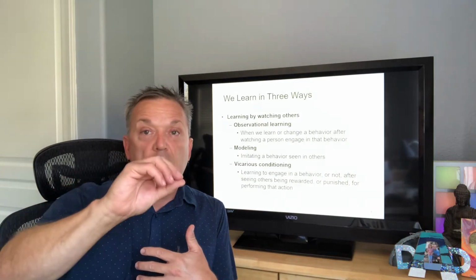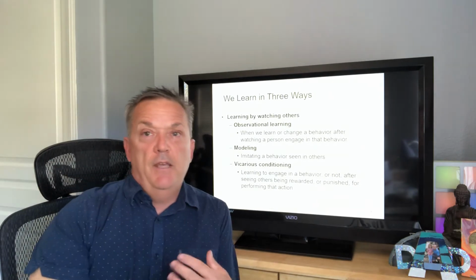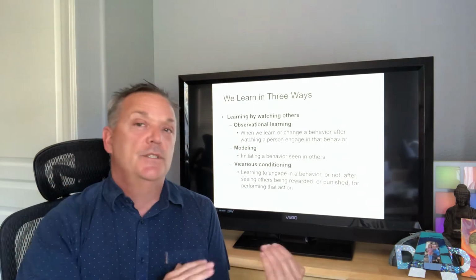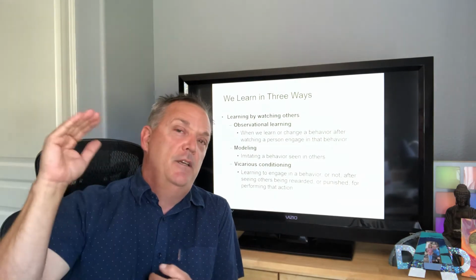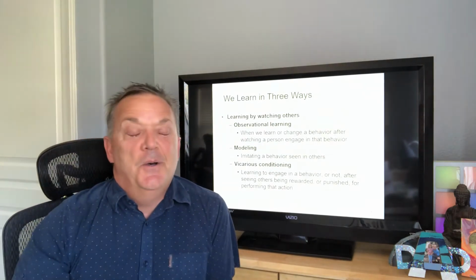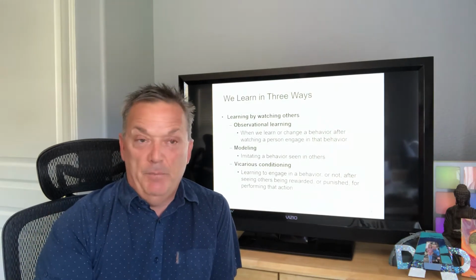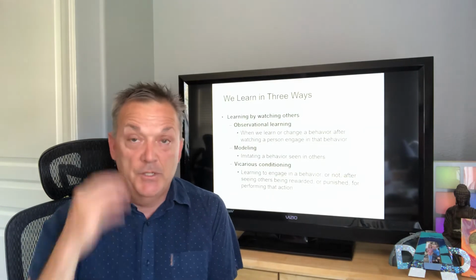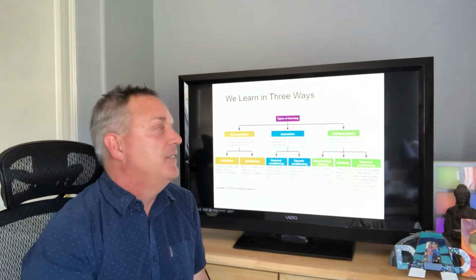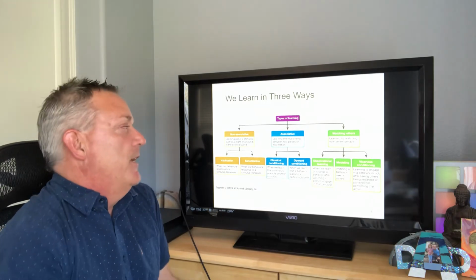It's great to be able to see the younger kids just basically watch the older kids do stuff and then model that behavior, and it almost seems like they have an advantage in some ways and a disadvantage by being younger, because you're always feeling like you've got someone that can beat you down, if it's a big brother or something like that. Vicarious conditioning, of course, is really nice too, because you can learn, oh look, my big brother did this, I better not do that in the future. And so hopefully you can become not as bad as your big brother that beat you up or something like that. Hopefully that didn't happen, right? Or big sister for that matter.